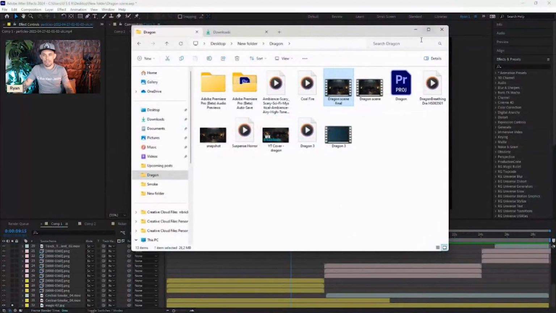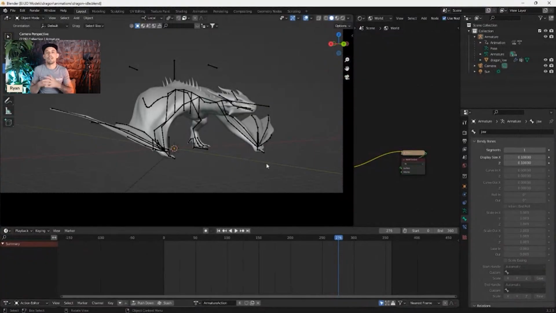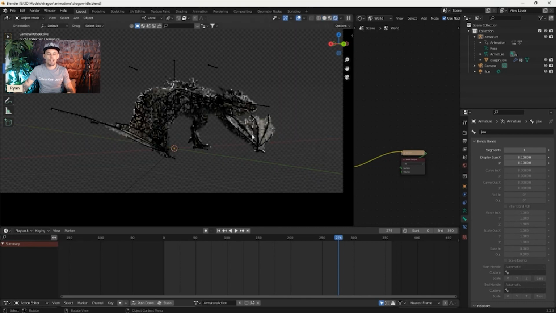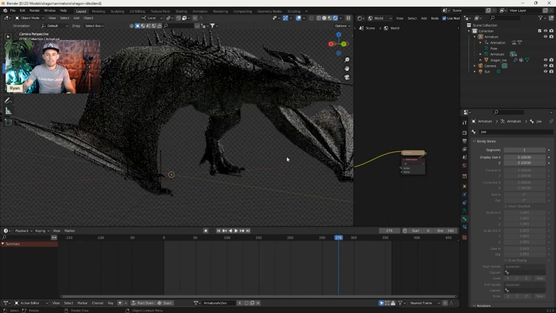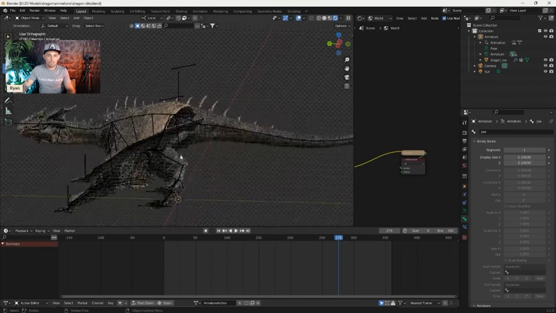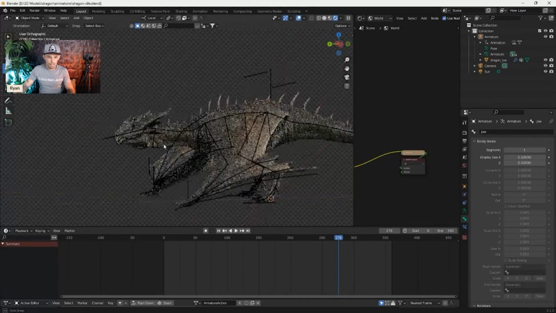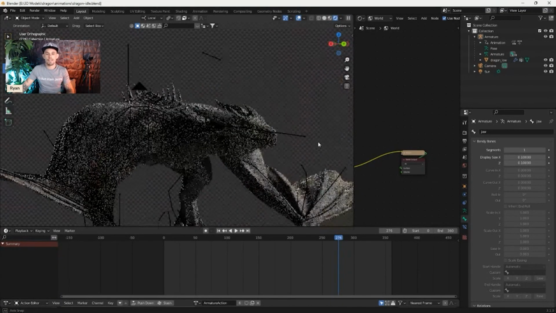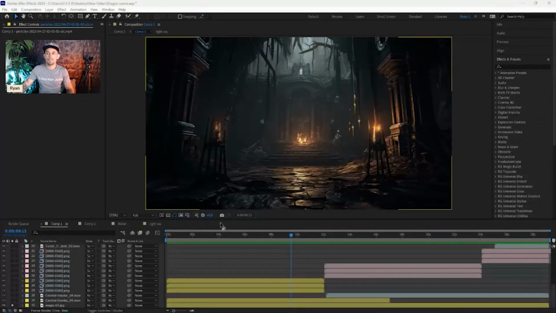Let's start with the dragon. Downloaded the dragon, it came in a Blender file, already pre-animated. So opened up Blender, opened up the project. Let's just jump into the render section and just check this out. So there it is. It is such a cool asset right here. Rendered that out. It took a long time to render this out, I must admit, but it is a cool